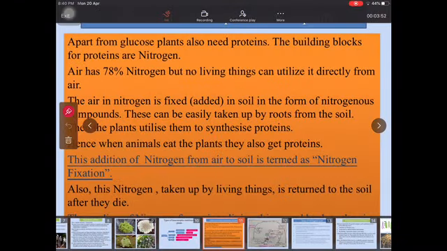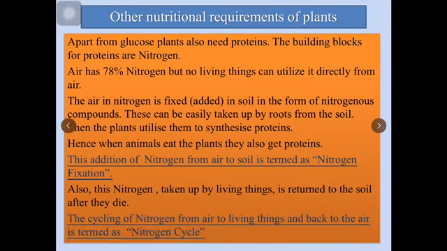Okay, now after the heterotrophic mode of nutrition, we come to the next part, that is the nutritional requirement of the plant. Apart from glucose, plants also need proteins. We have studied that insectivorous plants also need proteins. And what are the building blocks of proteins? Which element is required for proteins? Nitrogen. So that means insectivorous plants were not getting this nitrogen,